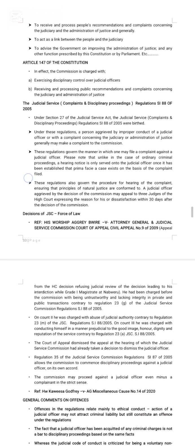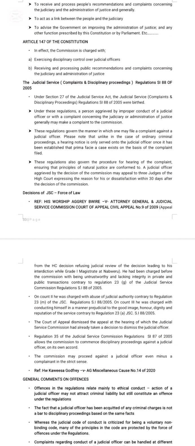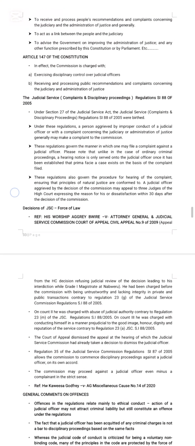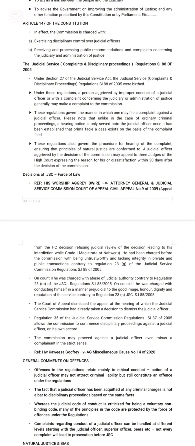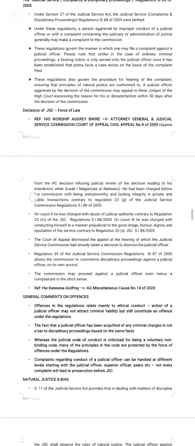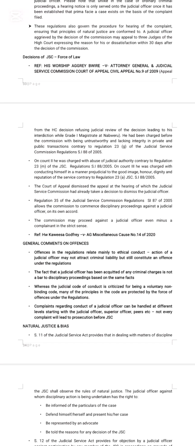Then Article 147 of the Constitution. The Commission is charged with exercising disciplinary control over judicial officers, receiving and processing public recommendations and complaints. So the Judicial Service Complaint and Disciplinary Proceedings Regulations of 2005 under Section 25 of the Judicial Service Act. We have the Judicial Service, which was established, and then we have many cases, Agwebire versus Attorney General,